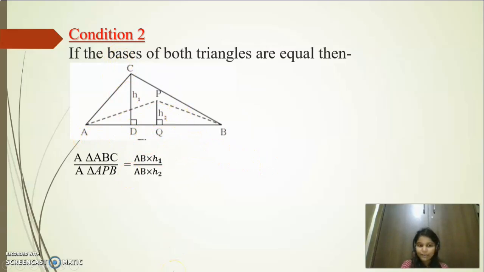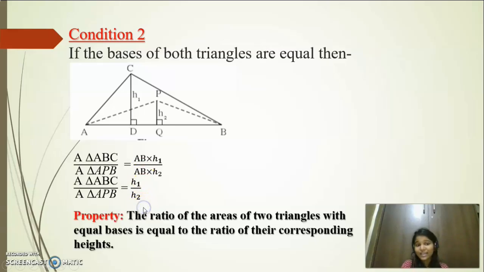So AB will get cancelled. So what you will get as the answer? Area of triangle ABC upon APB is equal to H1 upon H2. Why? Because their bases were same. So which property we came across? That whenever two triangles have equal bases, the ratio of their areas is equal to the ratio of their